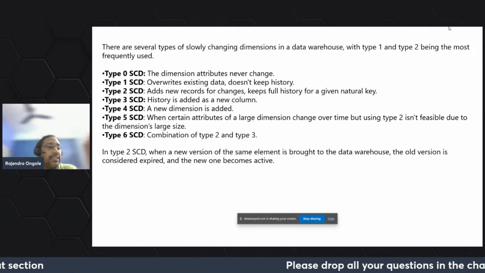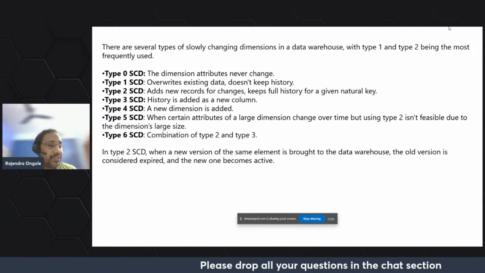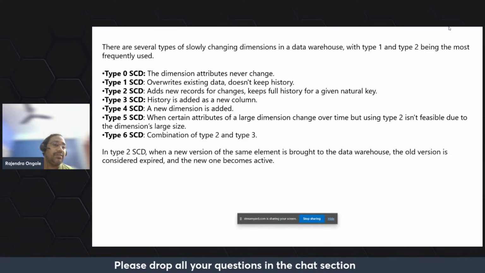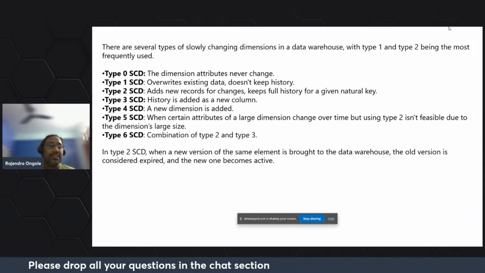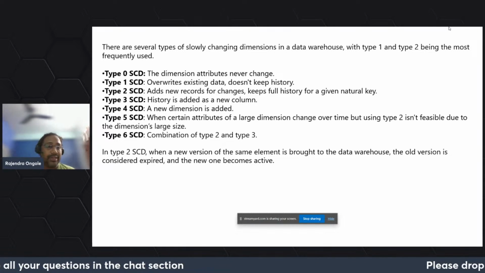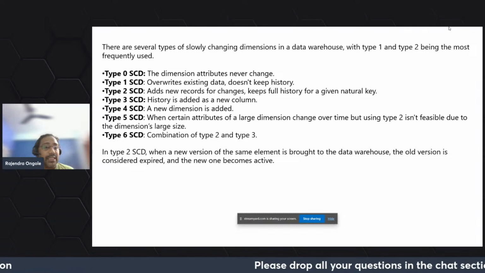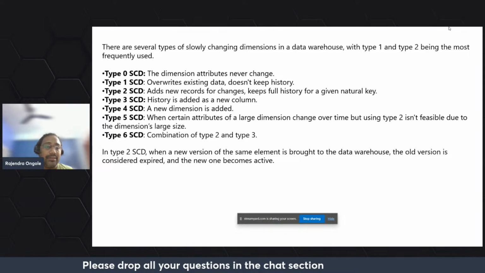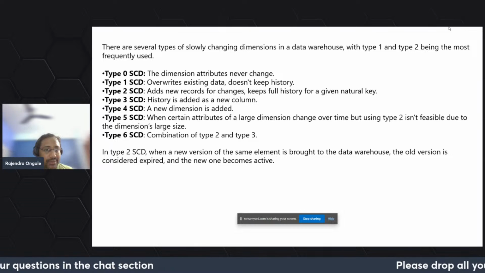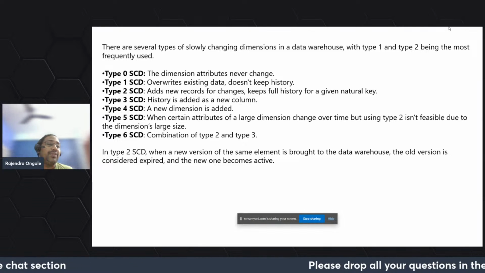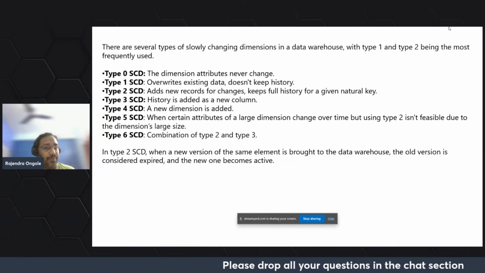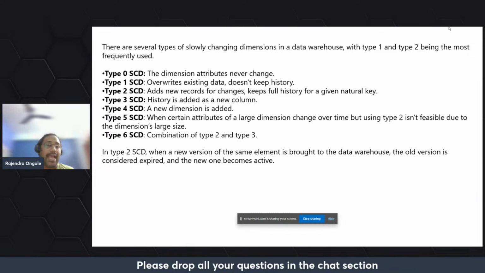Suppose, what is Type 2? Most of the organizations follow this one. Type 2 is something where I want to compare the history data along with the current information. In such a scenario, it will be loaded in the form of a flag or a date key field, added as a new record, and it also keeps a full history of the natural key or primary key related key fields. We can maintain flags and try to see the history